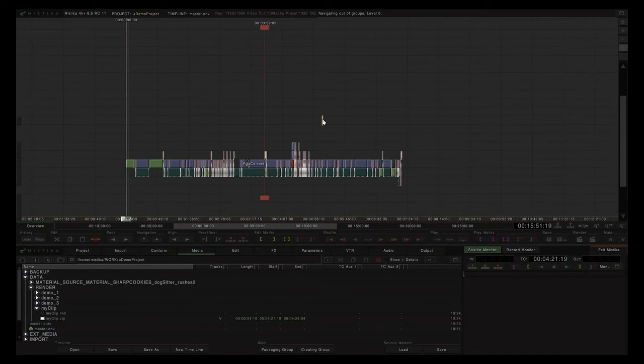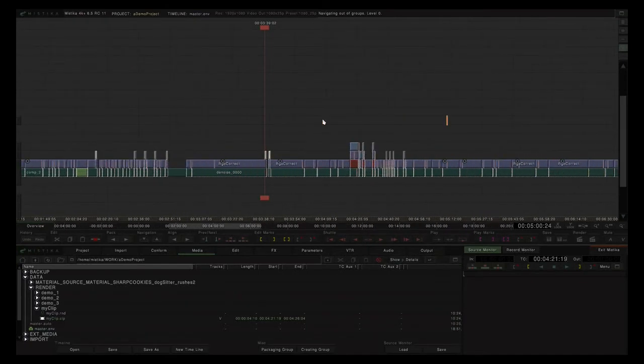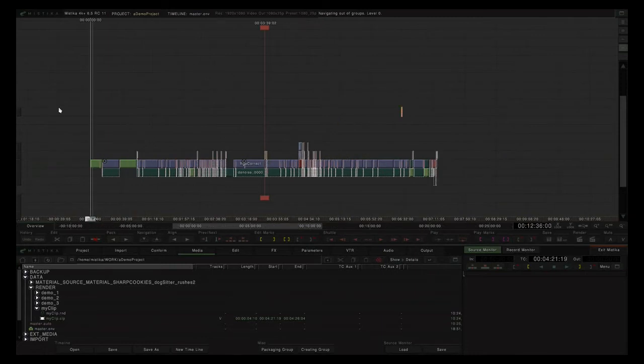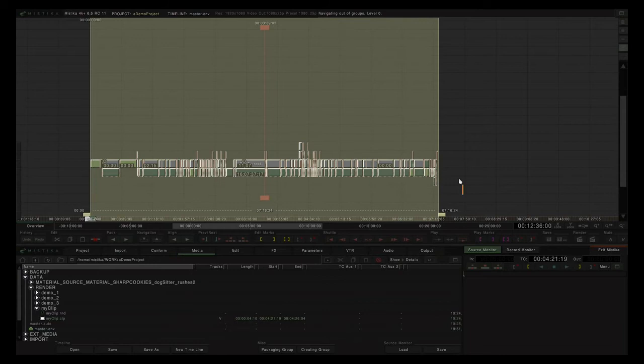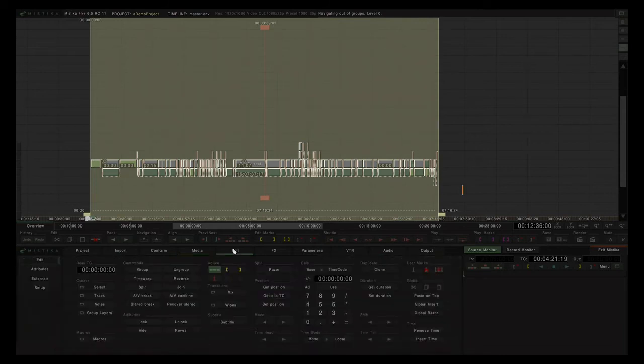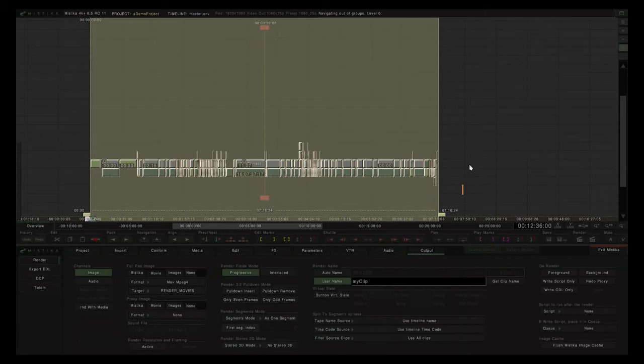So what I want to do is create a render file for every single one of these clips. And I can do that simply by selecting my edit and bringing up the edit marks. I press the U shortcut key, but it's effectively this button here. And then it doesn't matter what formats I choose for the render, because I'm actually going to press this button